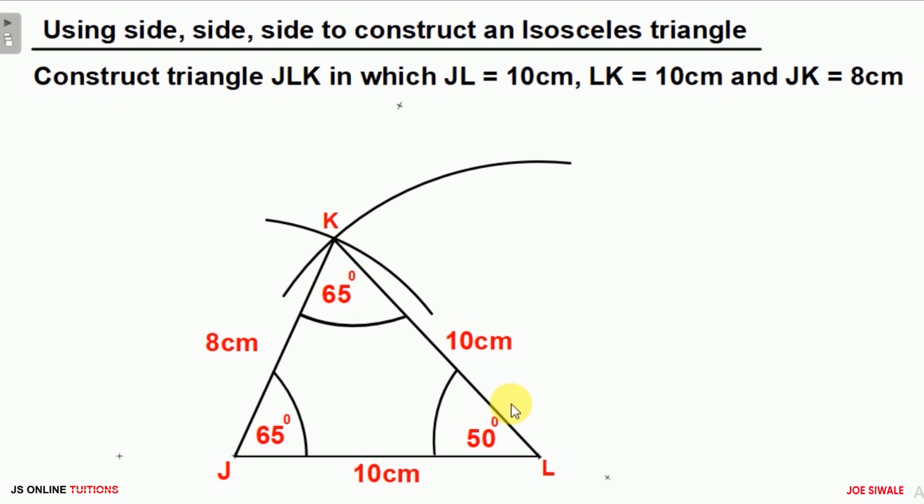So if we see the length of line LK, it is 10 centimeters, which is equal to the length of line JL, which is 10 centimeters. So that's how you can use side to construct an isosceles